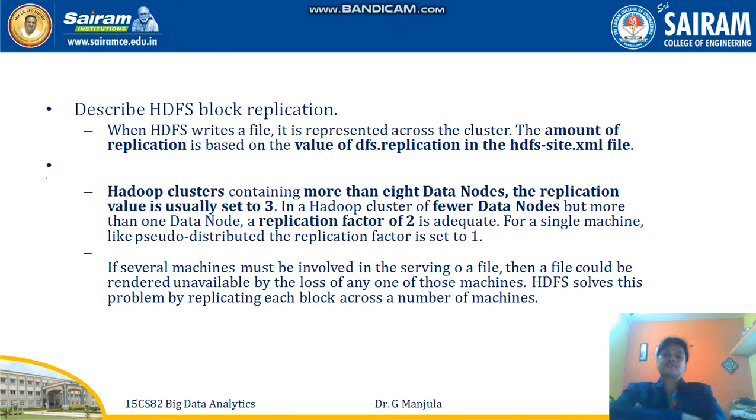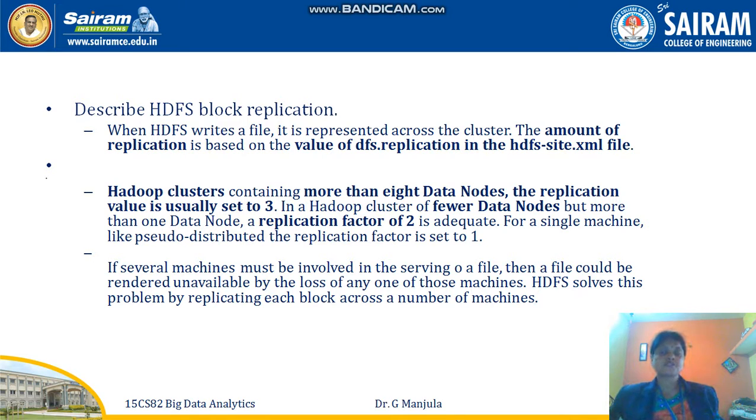For a single machine, like a pseudo distributed setup, the replication factor is set to 1. There are some cases with pseudo distributed files which occupy 1 to 1. If there is 1 GB of data you want to store and replicate, you will get 1 GB only. Some cases are there where if you need to store 1 GB of data, you need 2 GB of space. Another case is where there are 8 data nodes, and to replicate it I need a set of 3. So what I want to conclude here is that the probability may vary from case to case.